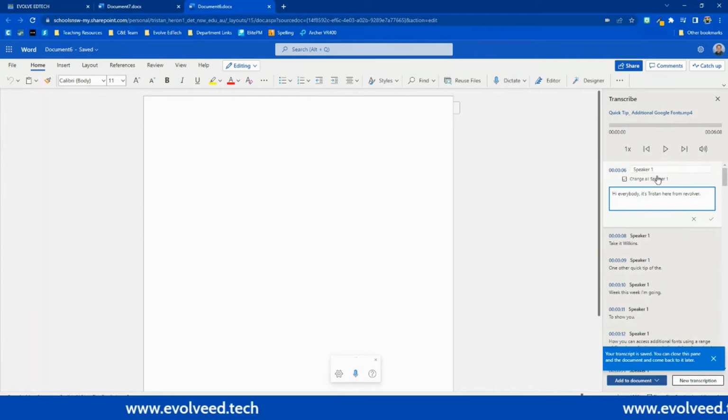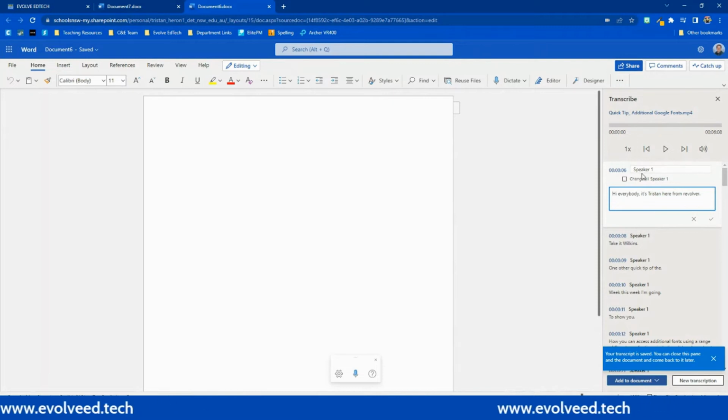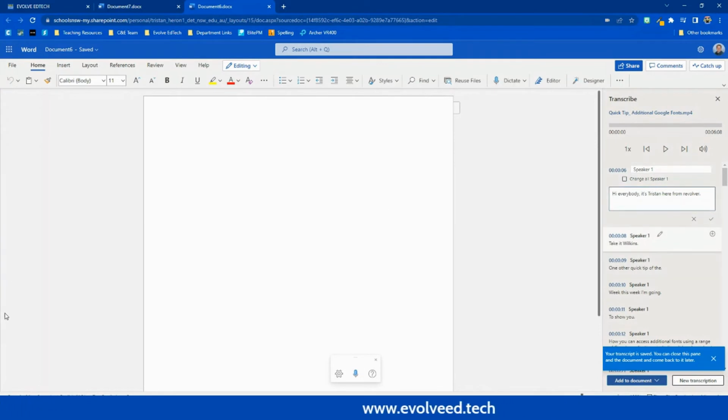And we can also change it for each in the whole process, rather than having to do it individually here as well. Okay, so we can change all the speaker one to a particular name, and then we could go and change it that way as well. You'll also see here that you have the ability to go and edit your transcript, which is fantastic, because this